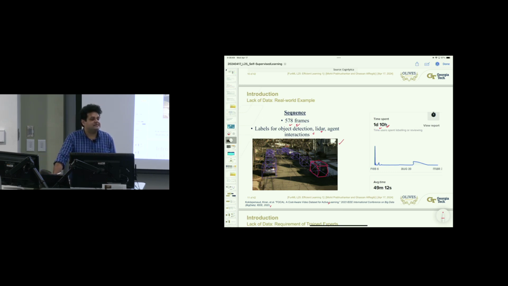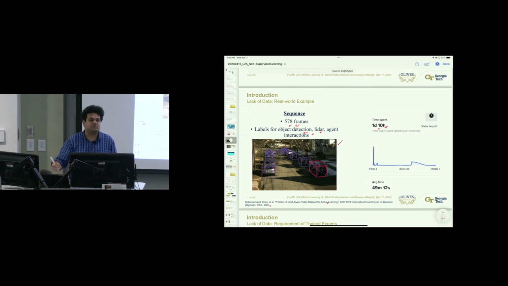In terms of this kind of 3D object detection, the LiDAR agent interaction, of course, you're just seeing the 3D bounding boxes here, but there's a little more to it. The LiDAR data points as well as the interaction are not as easy as just labeling, let's say, the bounding box. But the point I'm trying to make here is that it's a very expensive process in terms of the time as well. In fact, the data collection process, where Ford had to set up these cameras and do it in Michigan, took about 6 to 8 months. And then the data annotation process took another year, basically. So it was almost like a 2-year project just to release